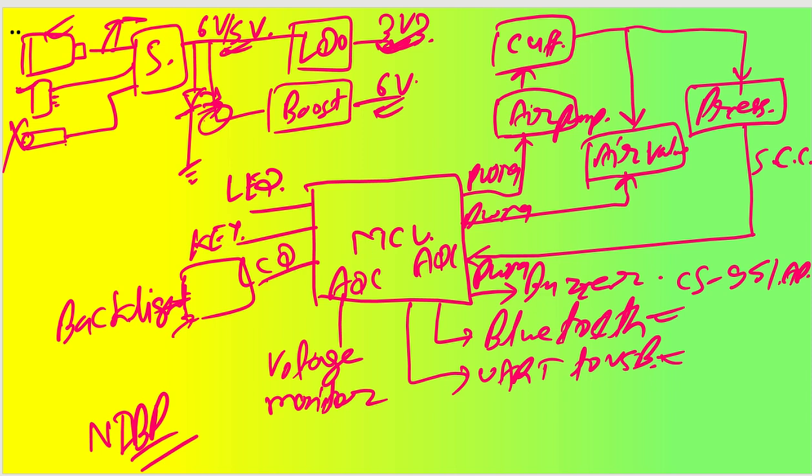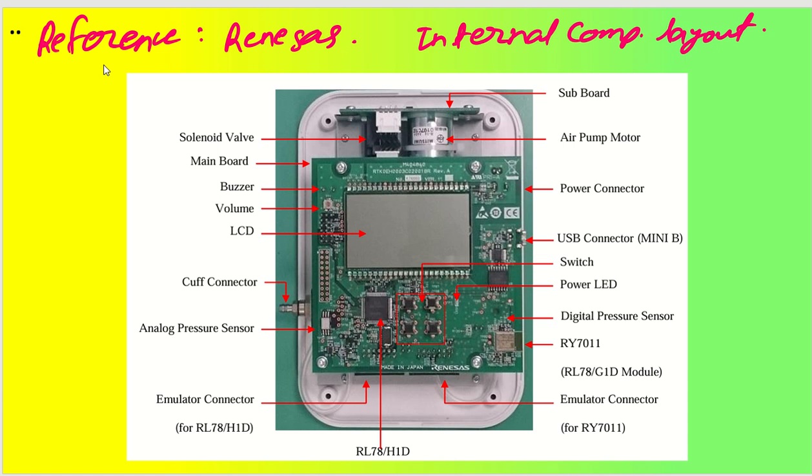One of the devices that you can always follow as a reference is given by Renesas. So Renesas has an internal layout. In this internal layout you can see the air valve, that is a solenoid valve, the main board is this one. We have buzzers, we have LCD, we have the cuff connector, we have pressure sensors. We have a lot of other things. Let's say a digital pressure sensor is also there. We have a power indicator,